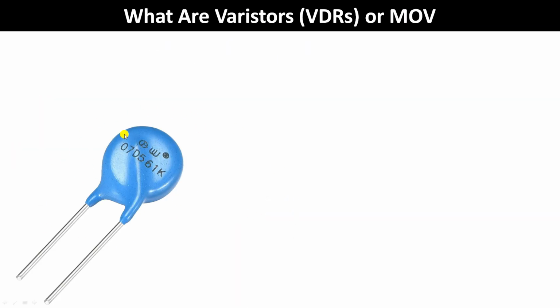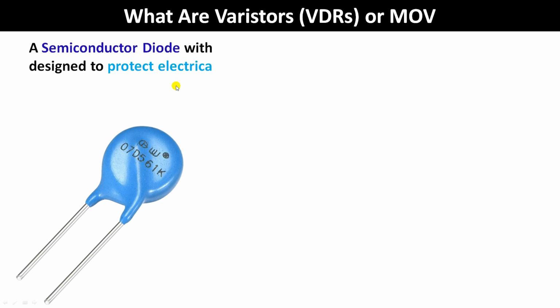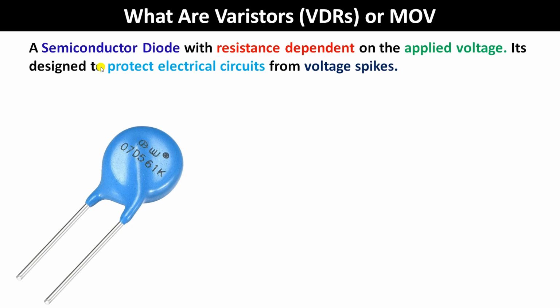This device is known as a Varistor or VDR, or we can also call it an MOV. Now what is a Varistor? Let's understand this. Look, a Varistor is a type of diode, or a semiconductor device. Inside it there is some resistance, like if you measure resistance here and here, then you will get some